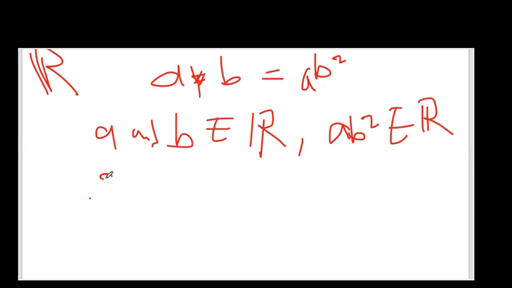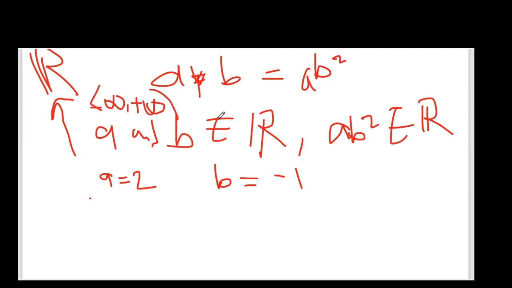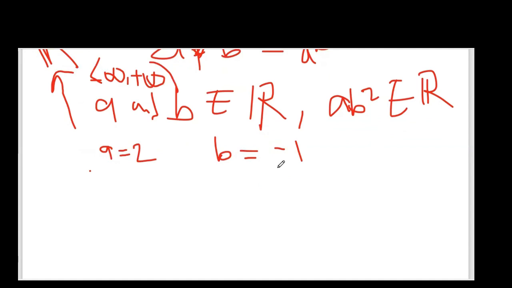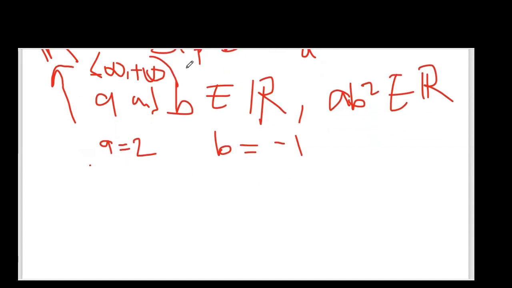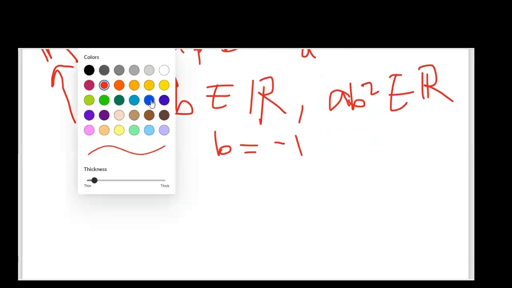We said we can let A be equal to 2, then B be equal to, I guess, -1. You can get any two numbers as long as they are from the set of real numbers. We know that real numbers go from negative infinity all the way up to positive infinity, so you can get any number in this set and try them. So if my A is 2 and my B is -1,